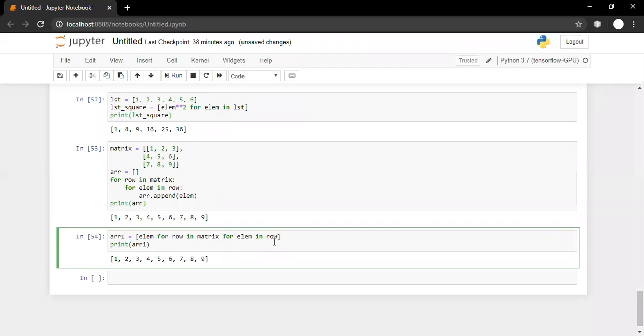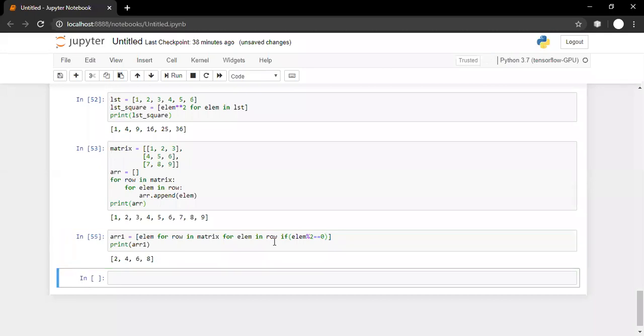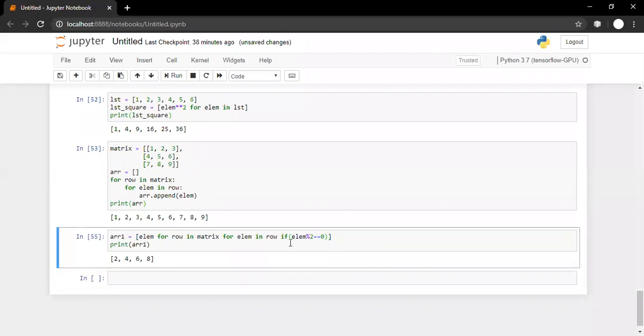Suppose here I'm writing something like this: if elem mod 2 double equal to 0. If elem mod 2 double equal to 0, it means I'm checking whether the element is even or not. Now check what is written.